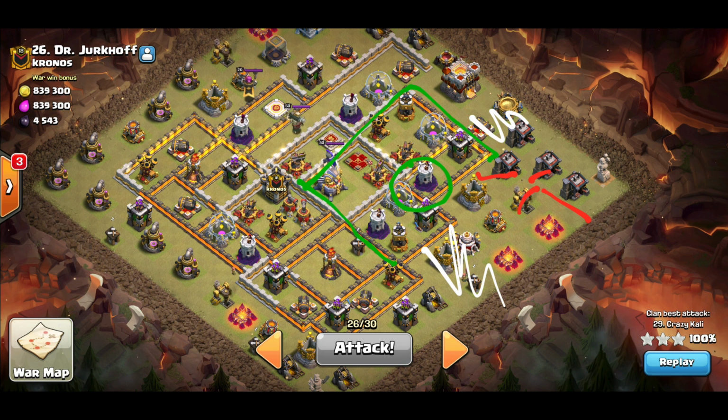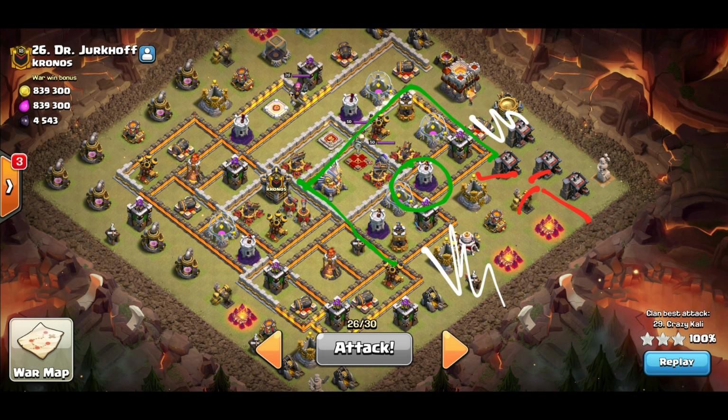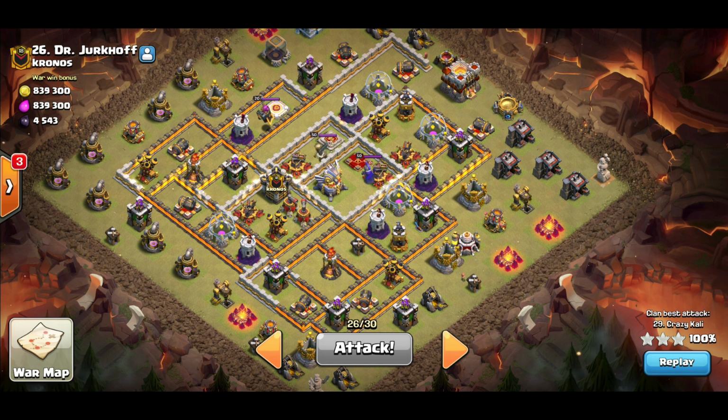Now, a little caveat to this attack. If you're at Town Hall 11 and you're planning on using a jump spell for a queen charge, and a queen is going to be in there for a while, and you're expecting her to clear out multiple compartments, please, please, please bring a max jump spell in your clan castle, because that Town Hall 11 jump spell just doesn't do the job. But clearing out that part of the base with the queen charge,